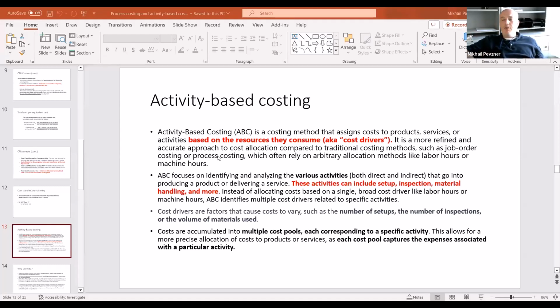Activity-based costing. So now we're moving away a little bit from just how to track total costs and allocate them between work in process and finished goods and so on, to a more refined question of what is the best way to allocate overhead, right? And if you think about it, go back in your job order costing discussion. How do we allocate overhead? What was a two-step process?